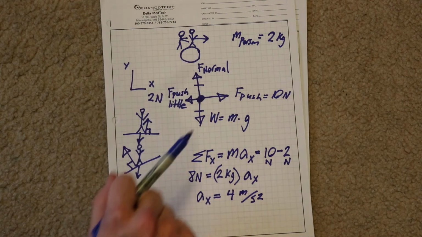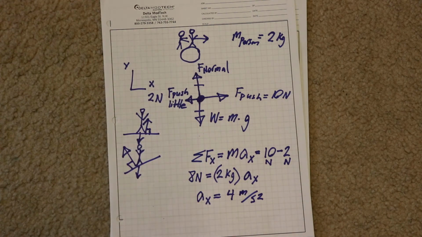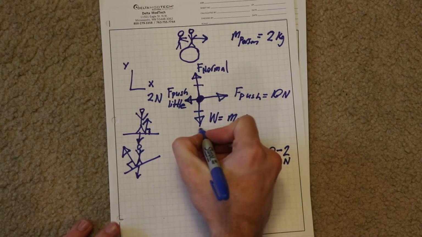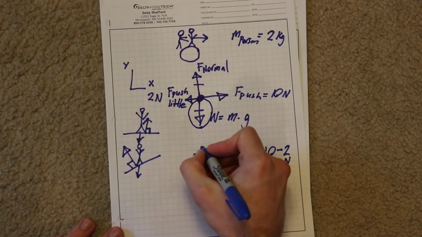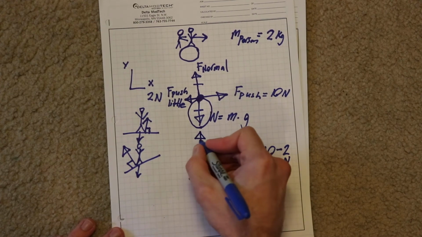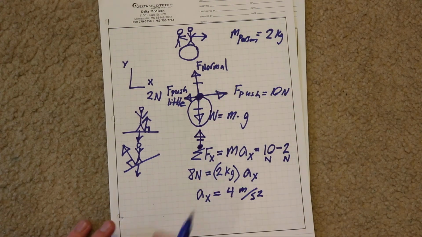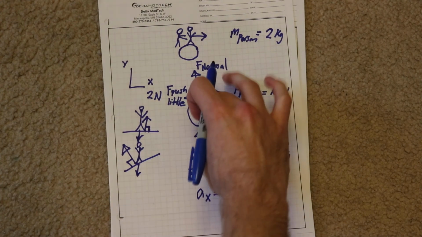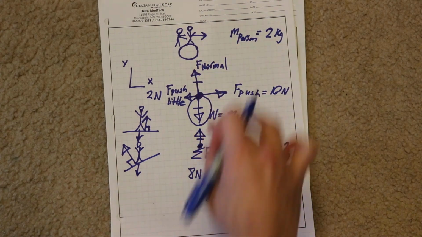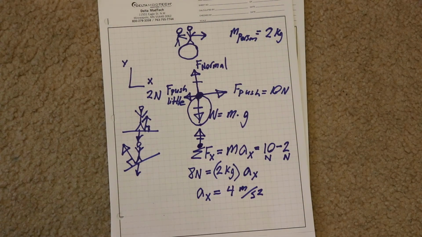This is not the Newton pair to the weight, because the Newton pair is an equal and opposite force. This is a portion of the Newton pair. The other portion of that Newton pair would be the Earth itself, which is this equal force that the person is exerting on the Earth. So these are the Newton pair, not the normal force and the weight. These are not Newton pairs, but they happen to be equal in this case.